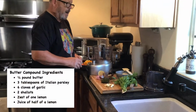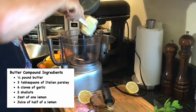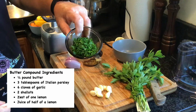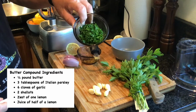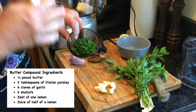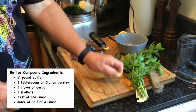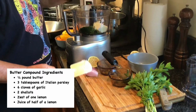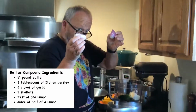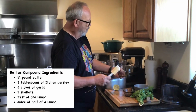For the ingredients for the compound butter, I have a quarter pound of butter, put right into the food processor. We've got about 3 nice tablespoons of Italian parsley that I've already washed, using just the leaves. You don't use the stems. And chopping that up, give it a nice fresh thing. We've got about 6 cloves of garlic, 2 nice big shallots, already cleaned, and I have the zest from 1 lemon